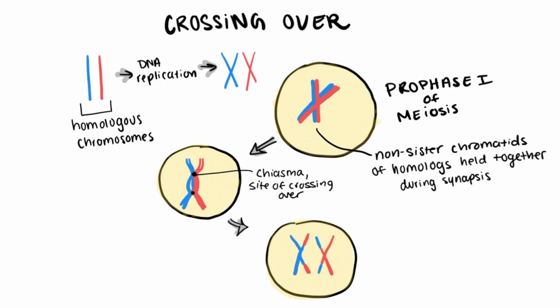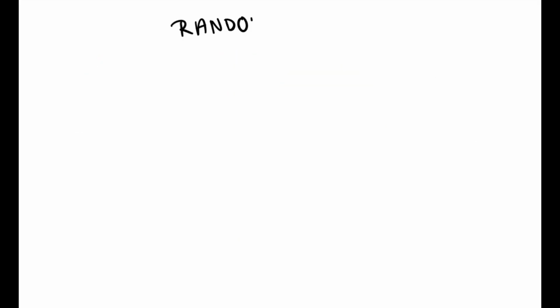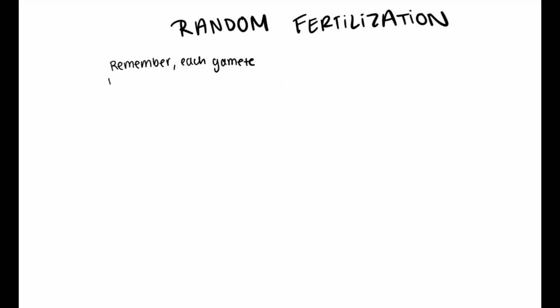When this happens, genes from the maternal and paternal chromosomes are swapped, creating recombinant chromosomes, new combinations of alleles that neither parent had. So, even if two gametes received the same set of chromosomes through independent assortment, however unlikely, crossing over ensures that the genes on those chromosomes aren't arranged in the same way. In humans, crossing over occurs 1 to 3 times per chromosome pair, so the potential for new combinations is just enormous.